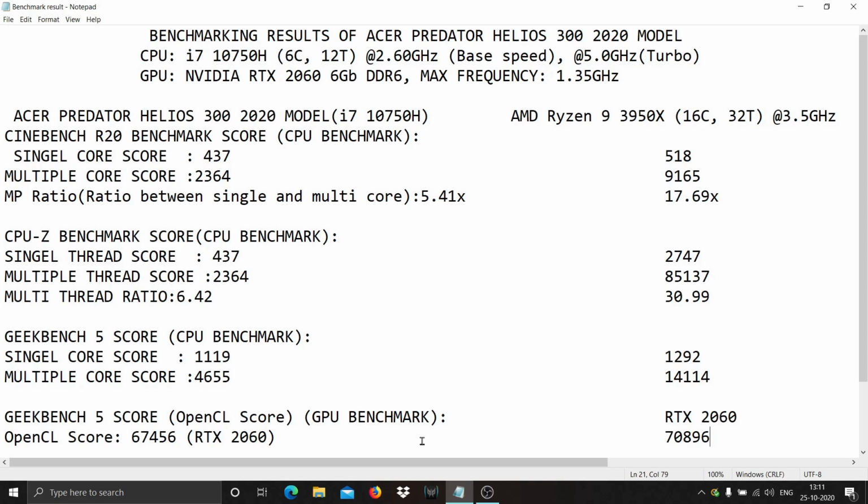And the Geekbench 5 OpenCL GPU benchmark score of the RTX 2060 of my laptop is 67,456. For the NVIDIA RTX 2060 reference, the value is 70,896. So it is the complete benchmarking result of the Acer Predator Helios 300 2020 model.